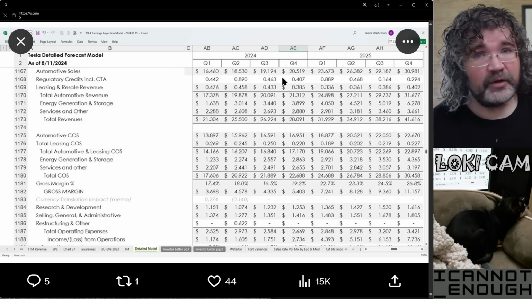Energy generation and storage did see a very healthy margin in Q2, a lot better looking than it was in Q1, and Q1 was pretty profitable. So the energy division is Tesla's most profitable division at this point, just eyeballing this, and there's no reason to expect that to change. The business is what it is, or the products are what they are. So if Tesla keeps selling them at those prices or better, and their costs don't get out of line, we should expect those margins, or maybe a little better margins, to continue